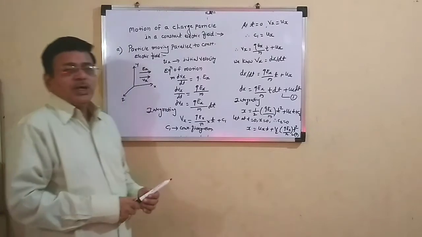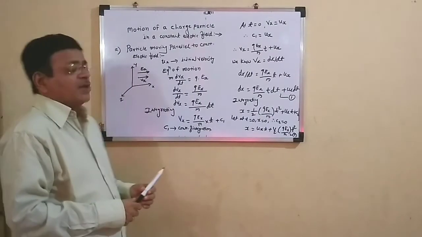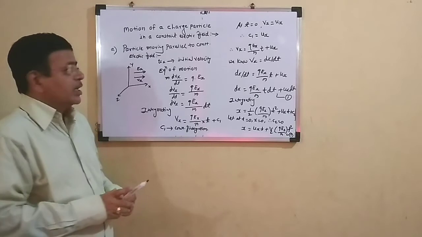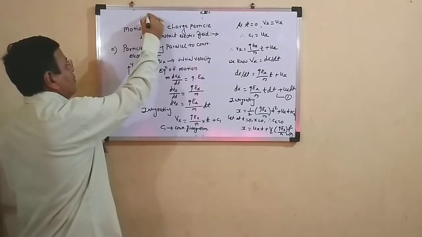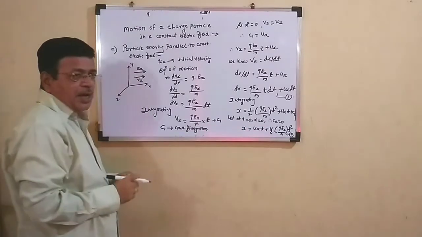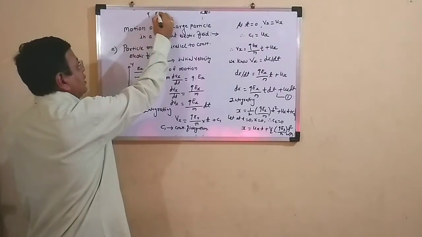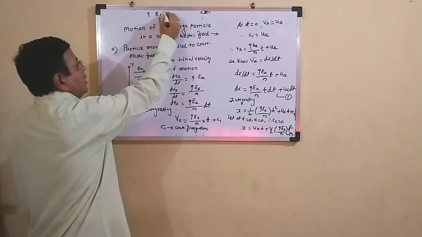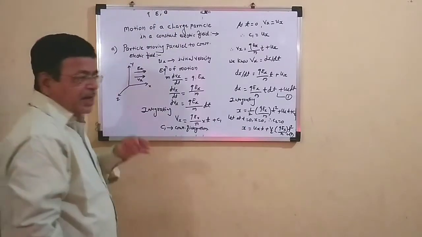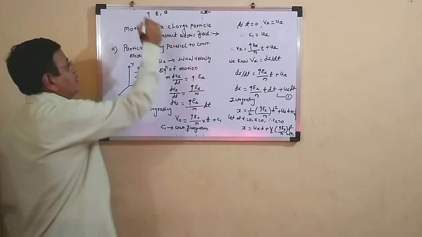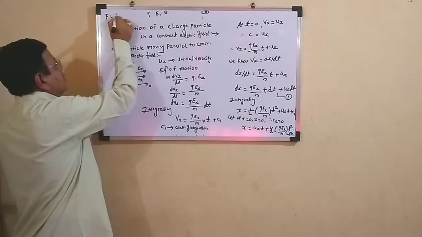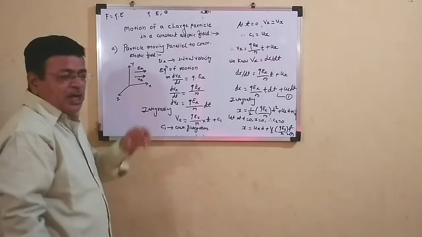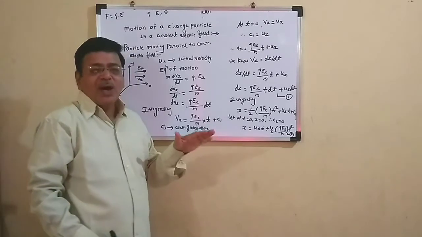In this period, we are going to discuss the motion of a charged particle under the electromagnetic field. First of all, suppose the charged particle has charge Q, and we apply an electric field E to such a charged particle and a magnetic field having induction B. Then the force due to the electric field on that charged particle is F equal to Q into E. Due to this force, the charged particle is in motion and it acquires some velocity.